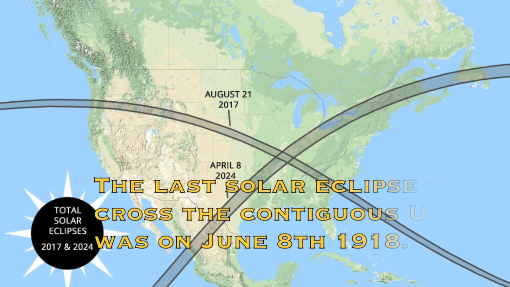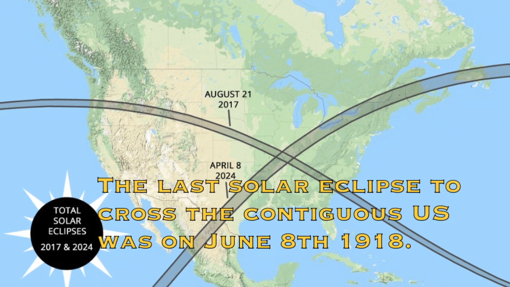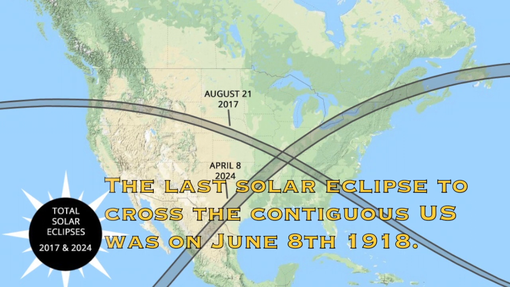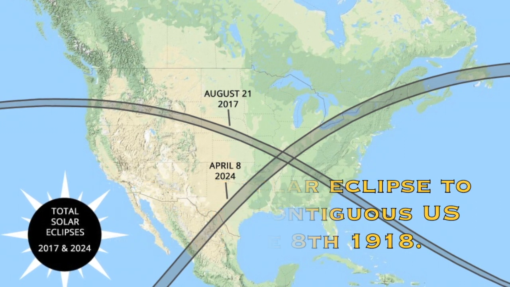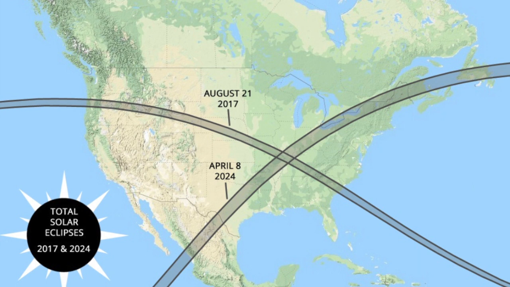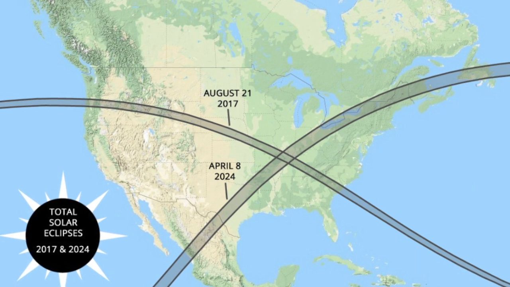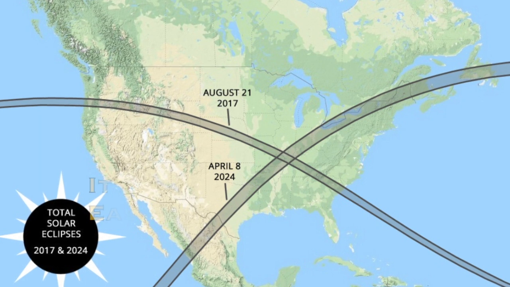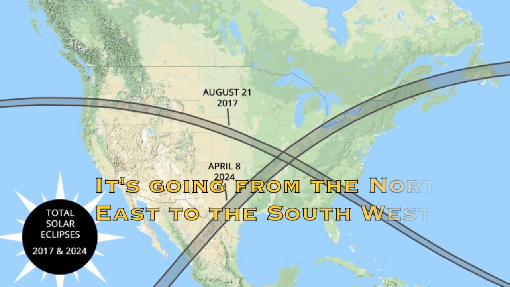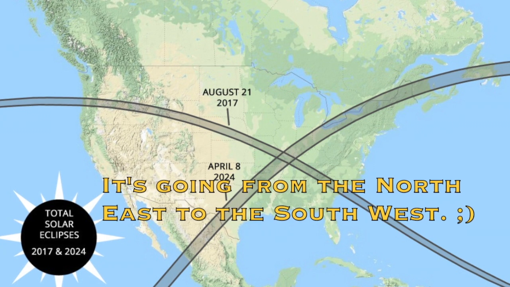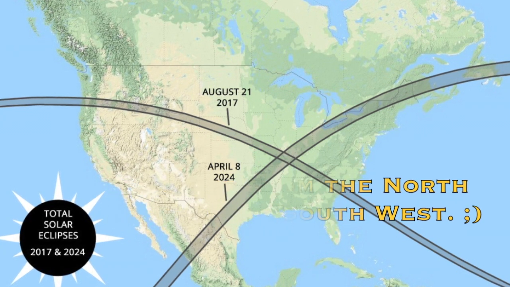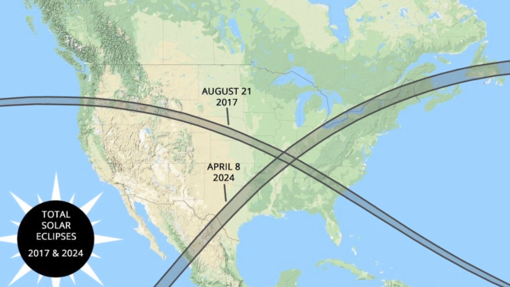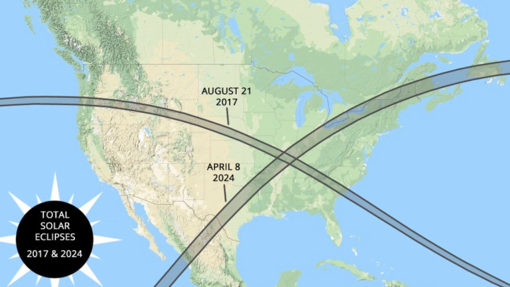I believe, harkening back, I'll throw the date up on the screen for the last one. I think it coincided with something major in the US, but uniquely to this one that just happened in 2017, we have another one coming in 2024. And it is intersecting the U.S. in the other direction, from the southern border to the northern border. I'm not sure which direction it's actually going in, south to north or north to south, but what we see there is the intersection, which creates a big X across the U.S. It obviously passes through Canada and Mexico, this upcoming one as well.